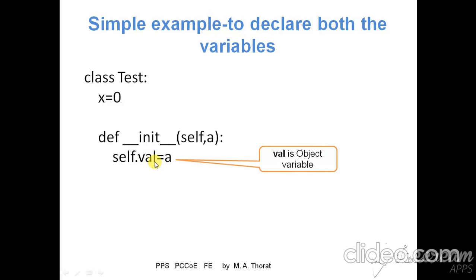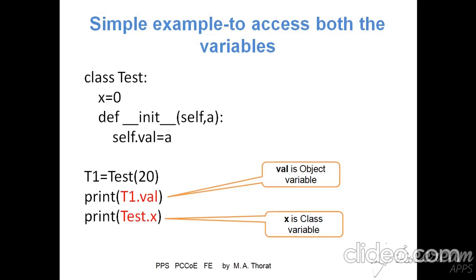And the variables which are defined in a class, x equal to 0, those are called class variables. So the class variables are directly defined in a class definition. It is not a part of any method. It might be possible, but that should be using the class name. So how to use values of class variable and object variable?